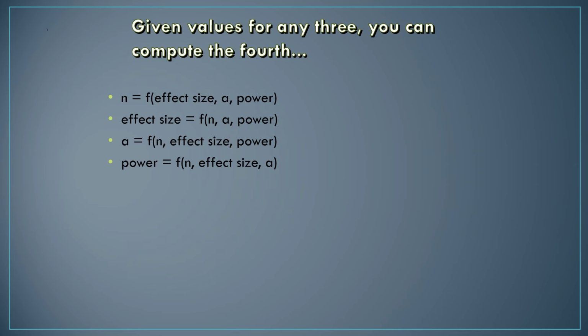So all four of these work together in a way like they are on a four-way teeter-totter, where you have power and effect size and your sample size and your alpha level. And when you are thinking about one, you have to make sure that you are accounting for how the others are impacted. This is true also if you are trying to find the values of these: